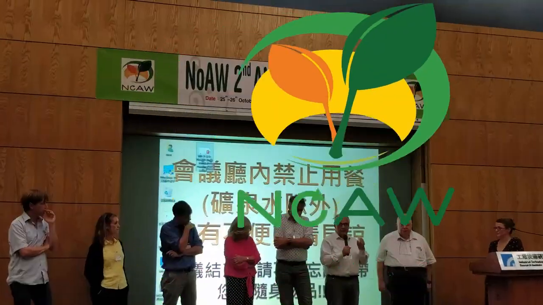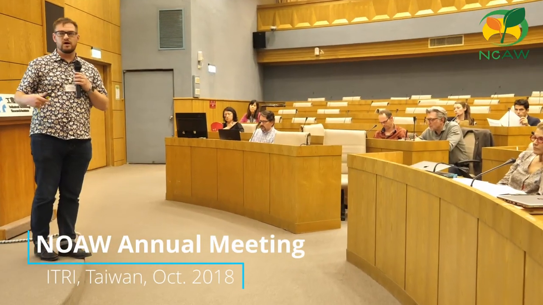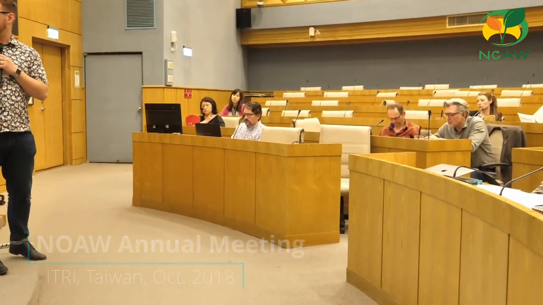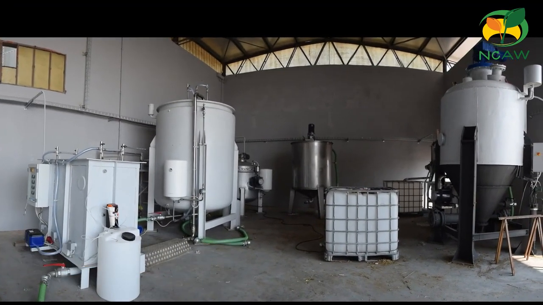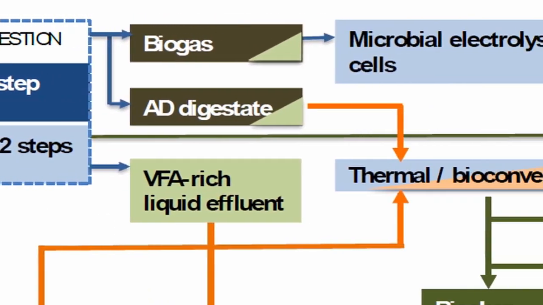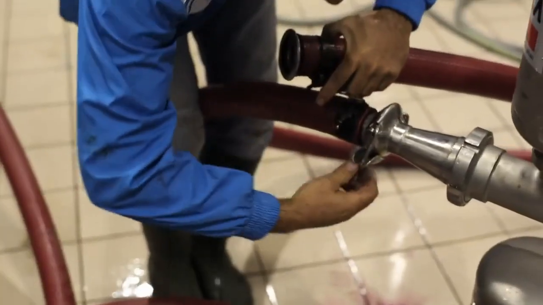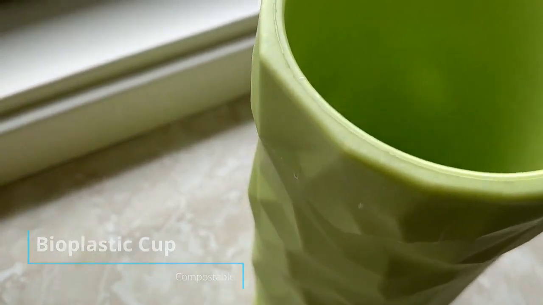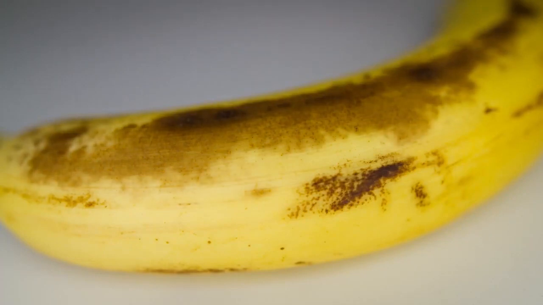The No Agricultural Waste, NoAW, is a Horizon 2020 project, which aims to alleviate these problems by developing technological pathways with cascading products from various agricultural wastes. The waste treatment alternatives being developed in NoAW include, for example, bioenergy production, which can potentially reduce greenhouse gas emissions, and added value products such as biosourced bioplastics, which can degrade in the natural environment.